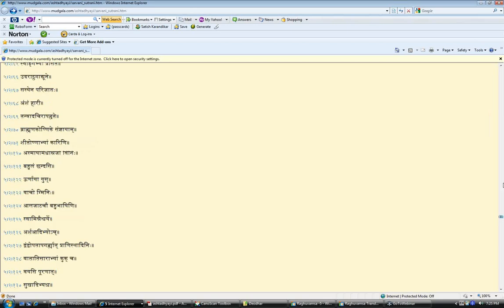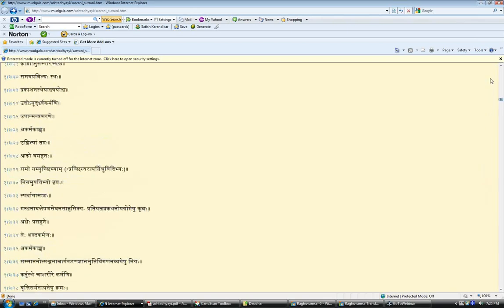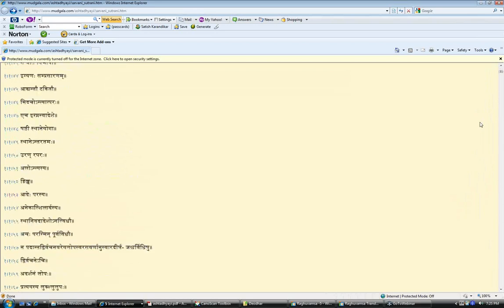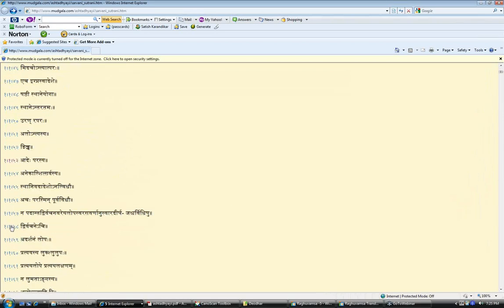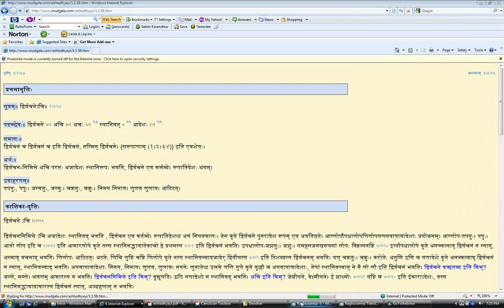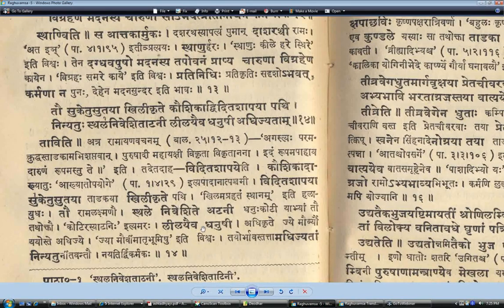Let's look at the sutram quickly. Dvirvacane 'ci. Okay. Now again, notice one thing by the way. Mallinatha has given no commentary on this, because for ninyatuhu he says only one thing: nitavantau. So he converted that lit lakara into a ktavatu participle form, because it's very easy to understand. Nitavantau means they took.